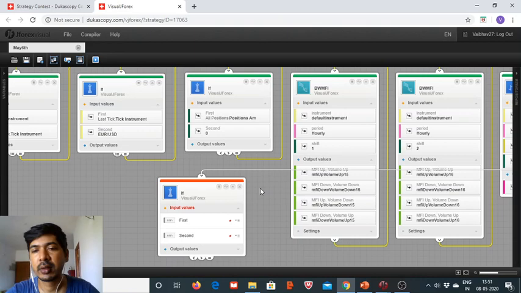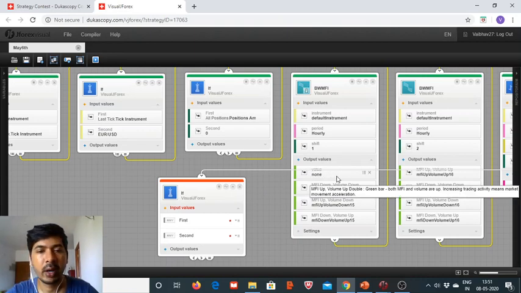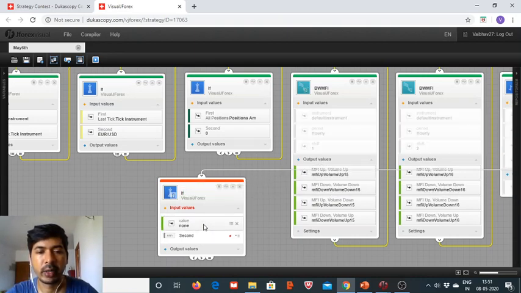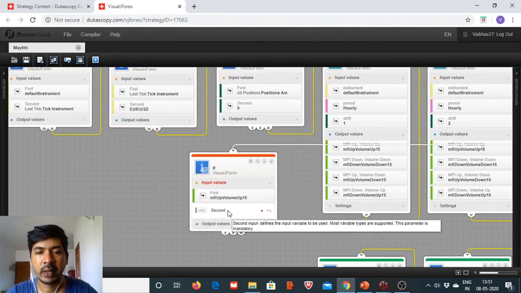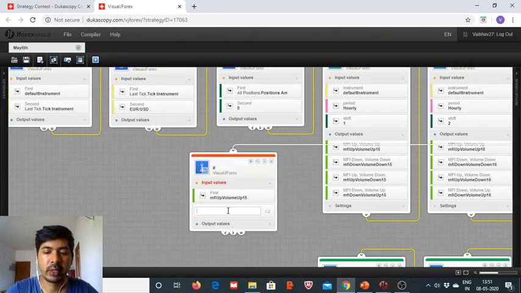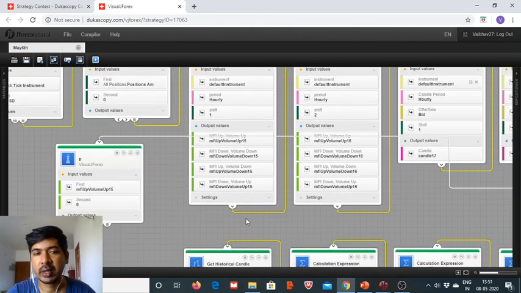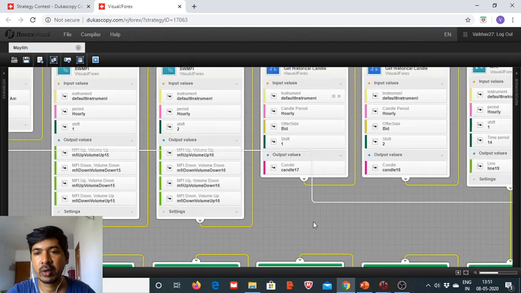Now the MFI should have been up and the volume should have been up, so we take the second value to be 0 and we define the condition that it should have been more than 0 for last